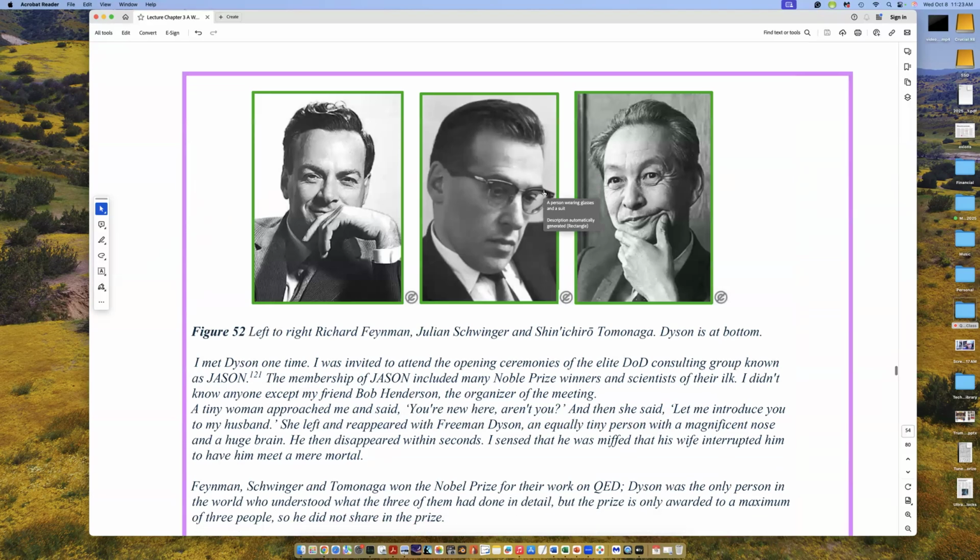Here are the guys that did that exquisite calculation of the magnetic properties of electrons. Feynman, Julian Schwinger, both Americans, Tominaga, Japanese, using different techniques, were able to calculate the magnetic property of electrons that was ultimately found in experiments, and they won the Nobel Prize in 1967. The interesting thing is that none of the three could understand how the other three got their results. They all got the same result.